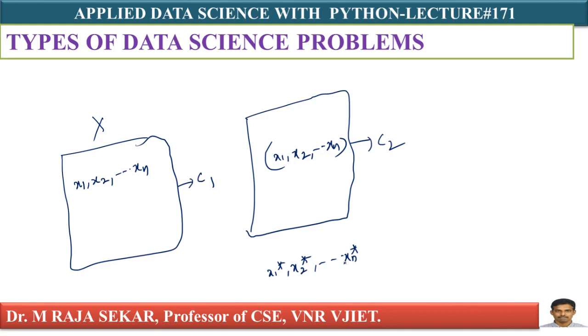Only two classes. Let's say you assign the likelihood of x1 star, x2 star, so on xn star coming from class 1 as a probability of 0.9, and from class 2 as a probability of 0.1. That's the likelihood. Then one would make the judgment that this data point is likely to belong to class 1, because it has the higher likelihood.